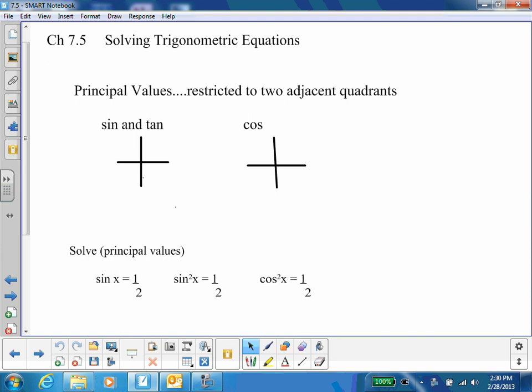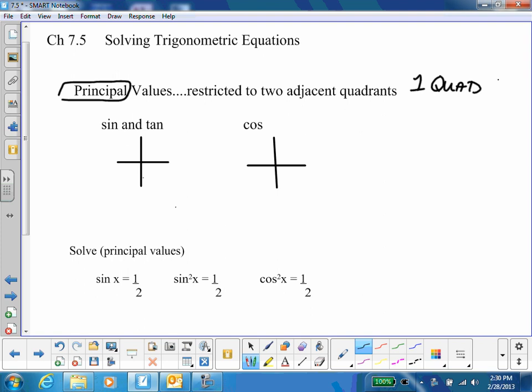So we need to talk a little bit about some terminology. Principal values. Principal values, you restrict your usage into two quadrants. One quadrant where it's positive and one where it's negative. One quad for positive values and one quad for negative values. We use the sine and tangent. They use the same quadrants when we deal with principal values. We agree that they're all positive in the first quadrant, and they're going to be negative, both negative, in the fourth quadrant. So we look for our values that fall between, and we say that our domain falls between negative